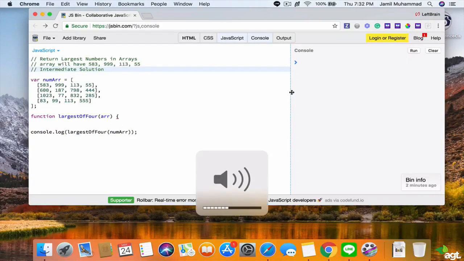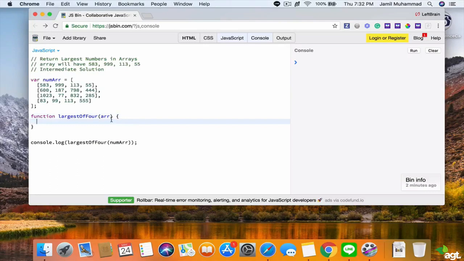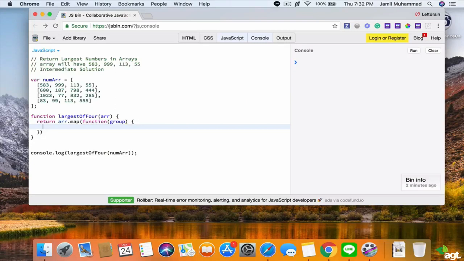Within our intermediate approach, within our function largest of 4, we're going to type the return keyword, and then array, then map, and then we're going to have function, and then group, and then we're going to use the return keyword again, group dot reduce function